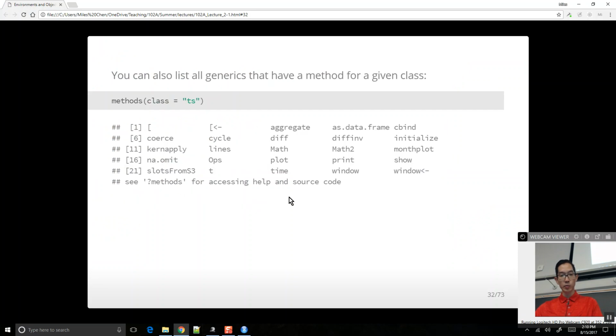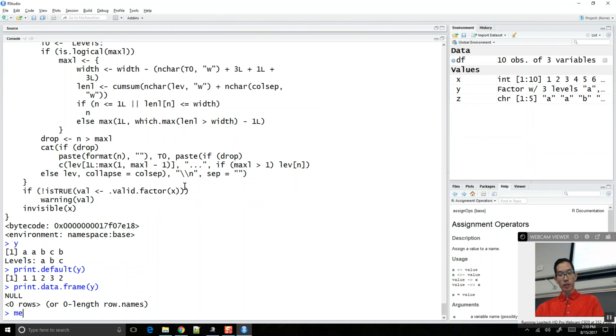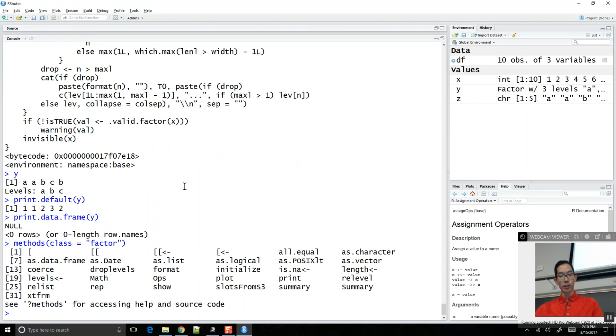Okay. So you can look at the methods that are specific to a certain class. So we can see what are the methods that are specific for class factor. We have it. Factor has its own print method. It has its own summary method. It has a whole bunch of its own things. It has its own assignment